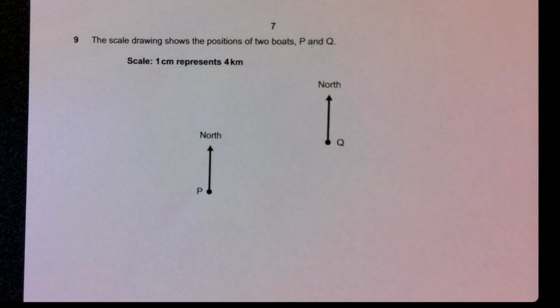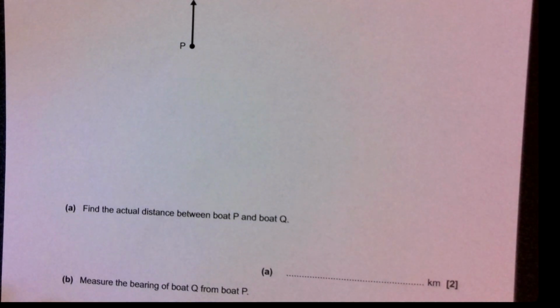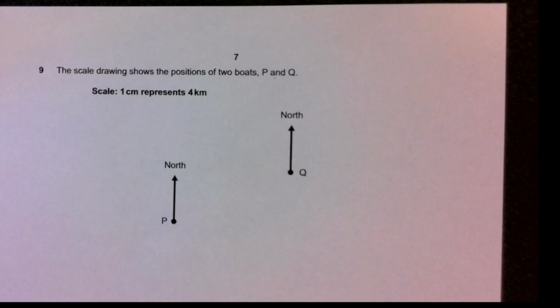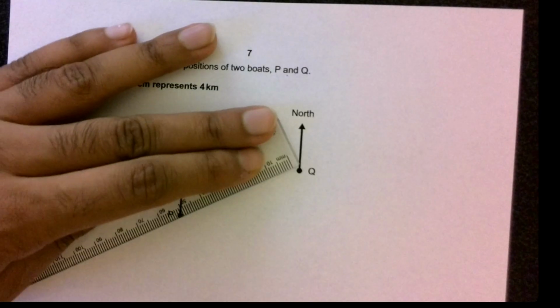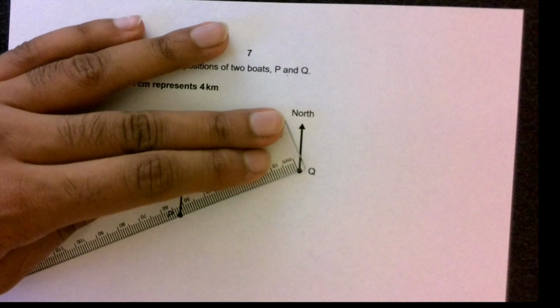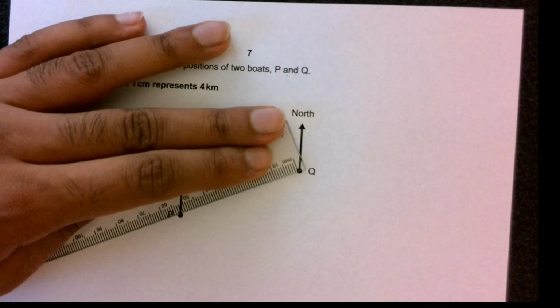Question number 9. The scale drawing shows the position of 2 boats, P and Q, and we've got a scale: 1 centimetre represents 4 kilometres. For part A of the question, we have to find the actual distance between boat P and boat Q. Well, all we have to do here is measure the distance from P to Q. You will find that to be